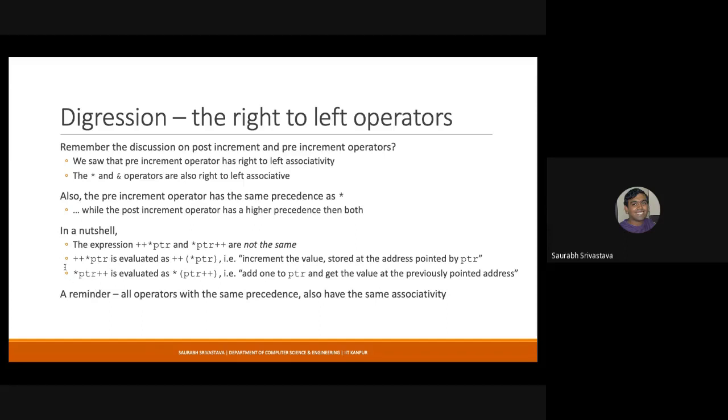So a classic case where you have to be a bit careful is when you are using these plus plus operators, the pre-increment and the post-increment operator. One of the differences between pre-increment and post-increment operator is that pre-increment operator has right to left associativity. So now you can see in this particular expression, asterisk as well as plus plus, they both have right to left associativity. So asterisk PTR is in fact, have a look at this. If you write something like this, you might feel that it will be evaluated in this order, but it is not.